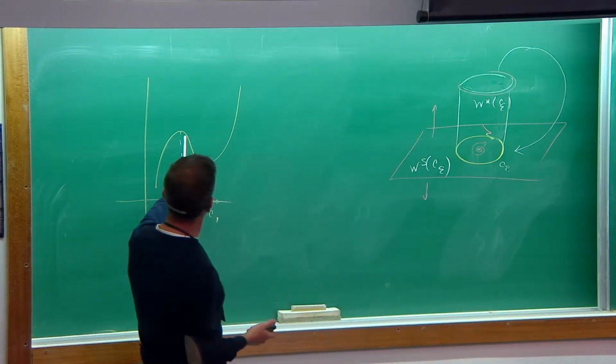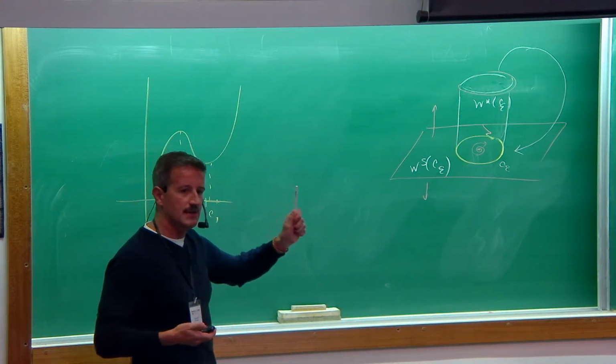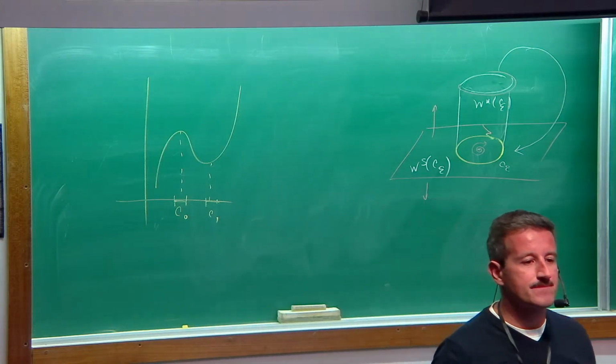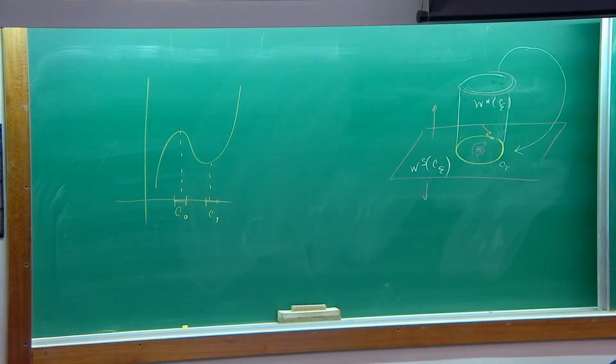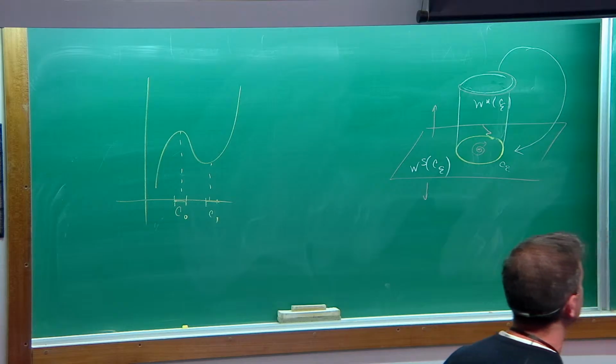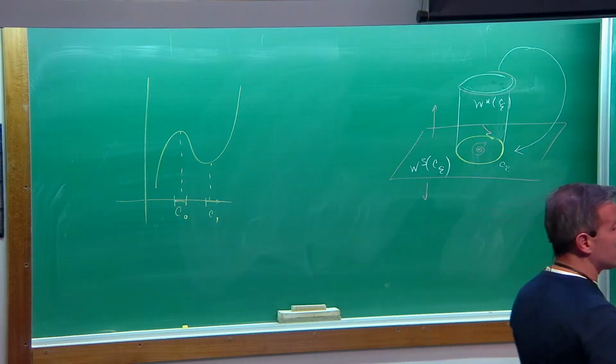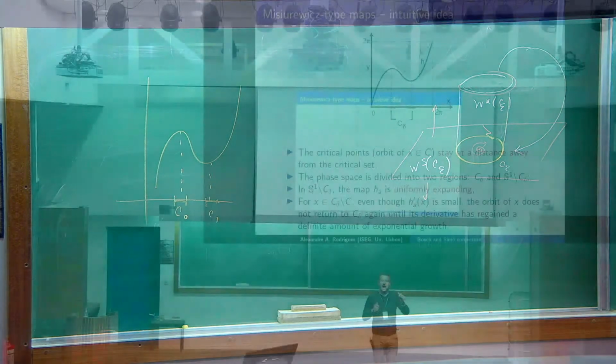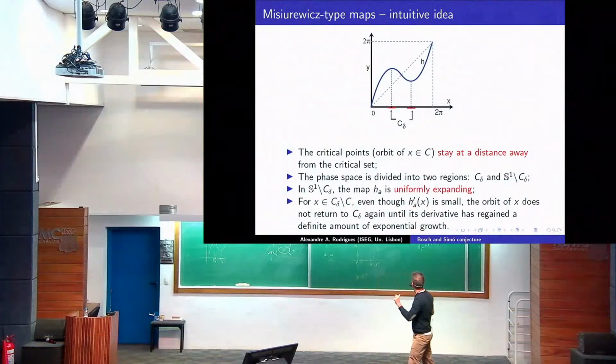And if I compute the orbit of C0, the orbit will not fall into the critical region for all n. The second part is that the phase space can be divided into regions: the dangerous region, C delta, and the region outside the dangerous region. Suppose that an orbit stays outside the dangerous region for all time.